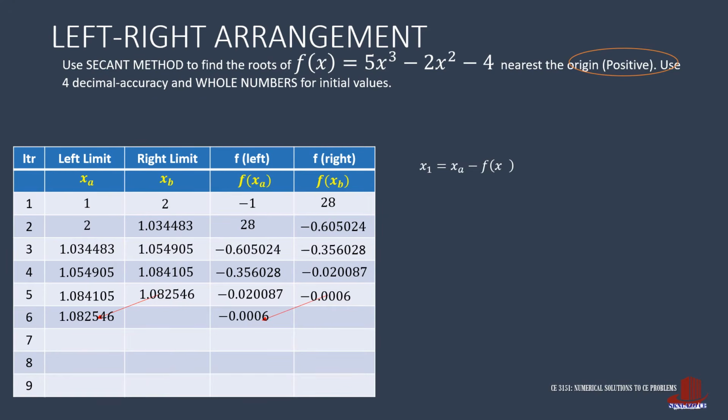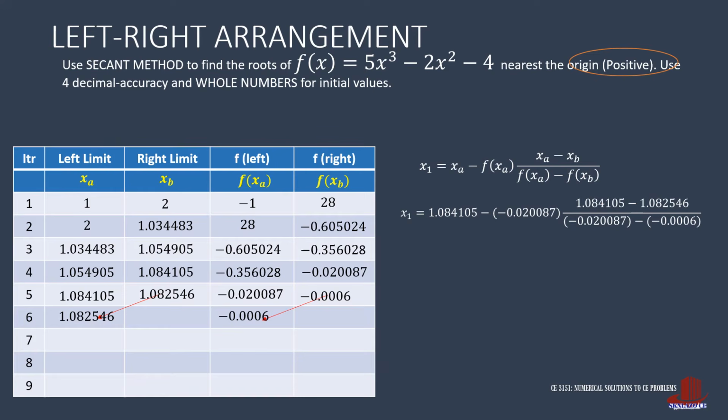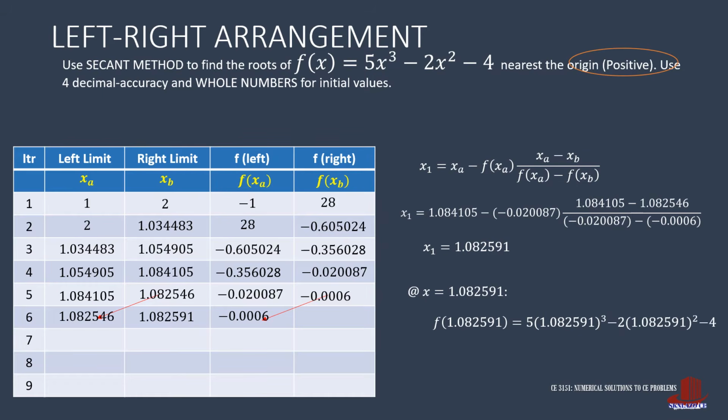xb is then computed as 1.084105 less negative 0.0287 with the fraction of 1.084105 minus 1.082546 over negative 0.287 minus negative 0.00062. And this gives 1.082591. Plug this value into the function to get f of xb as negative